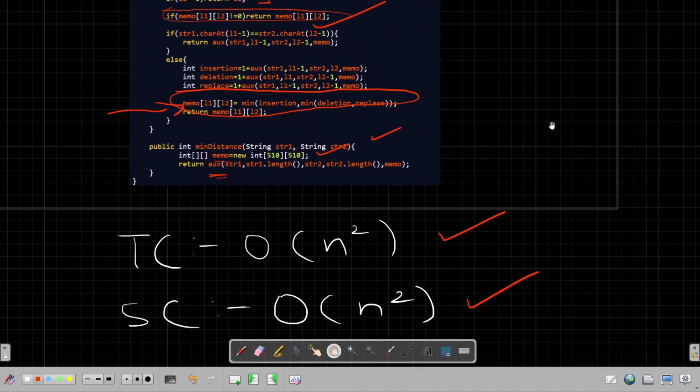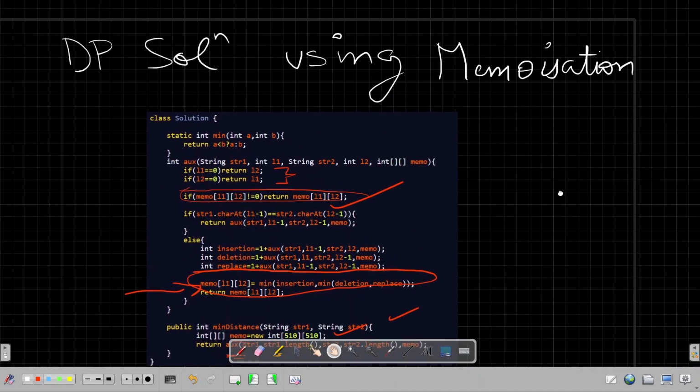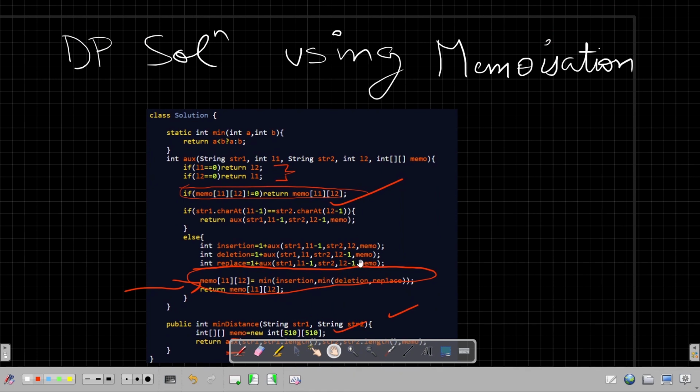So this was all I wanted to talk about for this problem, edit distance. This is a really important problem, and it is asked a lot in interviews. So if you haven't got the complete idea of this problem, I'd highly recommend going through the video once again, and hopefully you'll get a better idea.